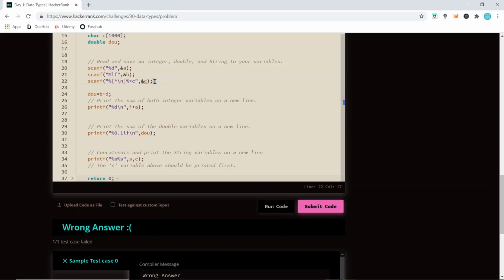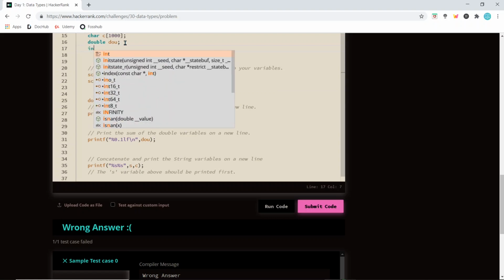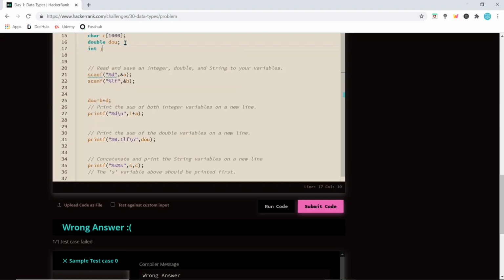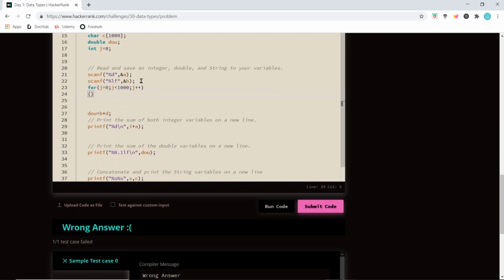Let's use a for loop. Let's declare a counter variable. i is already declared, so let's declare j equal to 0. We'll use this to take input: for j equal to 0, j less than 1000, j plus plus.